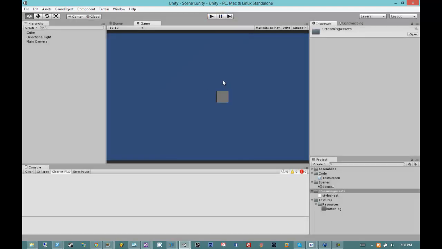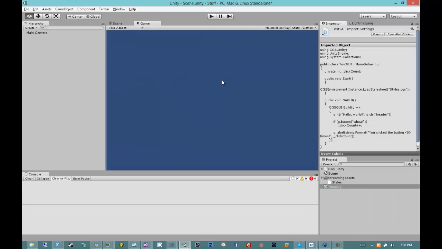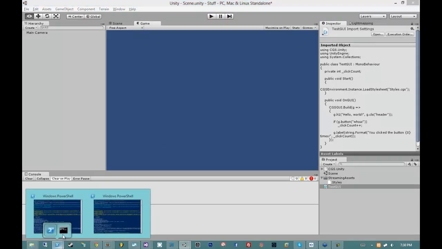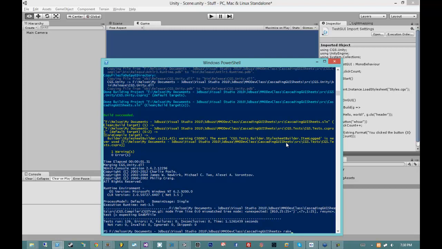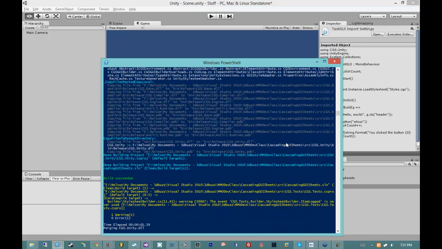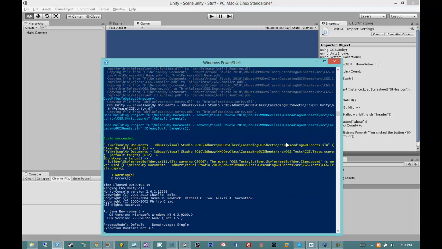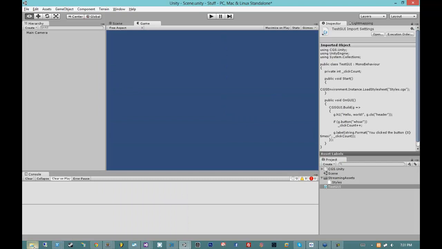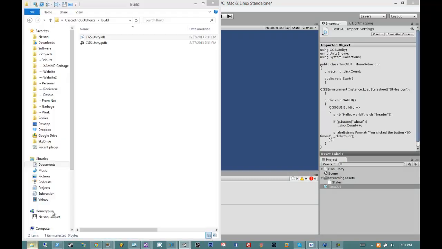So what I'm going to do now is run this through ILMerge and make sure that it still works with our... that was the right rake, right? What folder am I in? I am in the right folder. Good. Okay, so let's go ahead and do a build, and then I'm going to jump into our build folder,